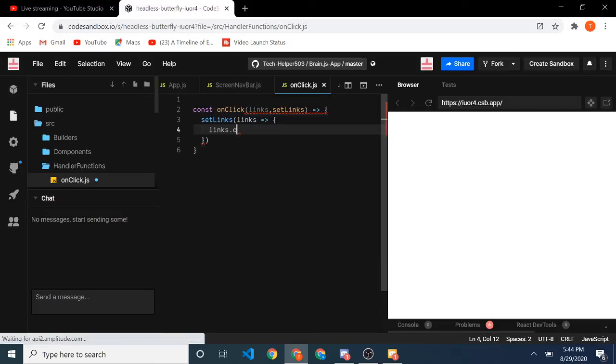So you can see that we have the links, and then plus the new link. So we're going to take that link and set it equal to now an array equal to the previous links, the pop, and